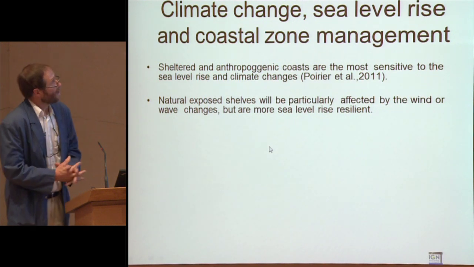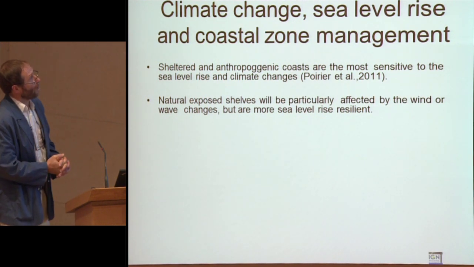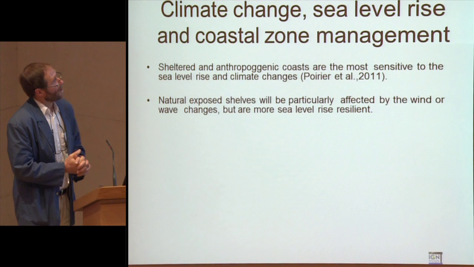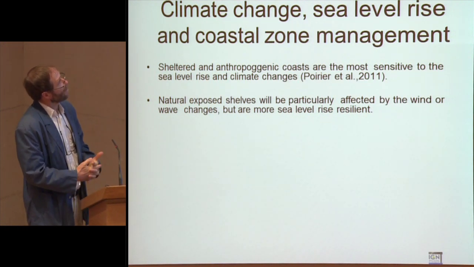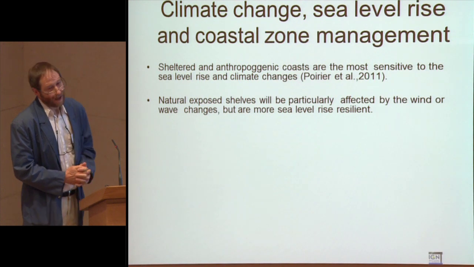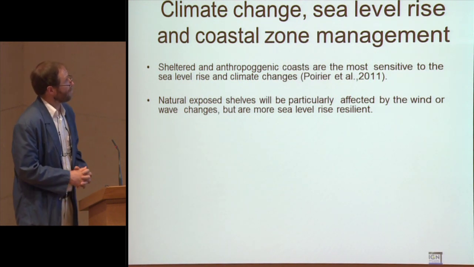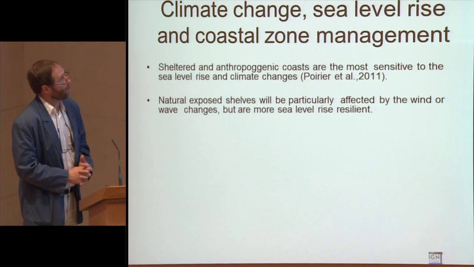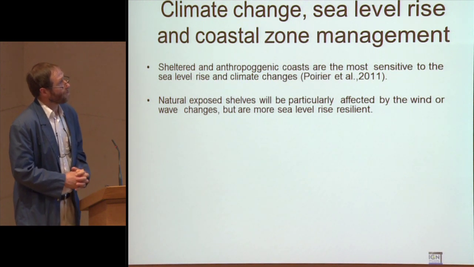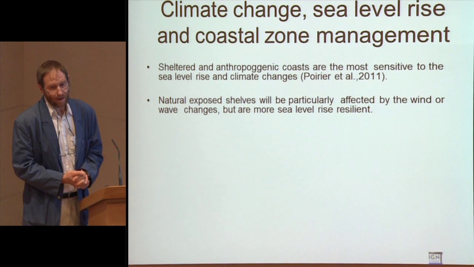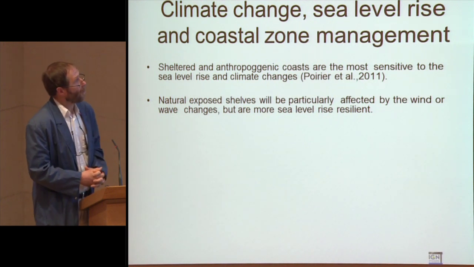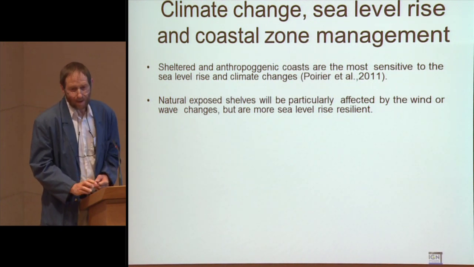We consider that sheltered and anthropogenic coasts are the most sensitive to the sea level rise and climate change. Natural exposed shores will be particularly affected by the wind or wave changes, but are more sea level rise resilient